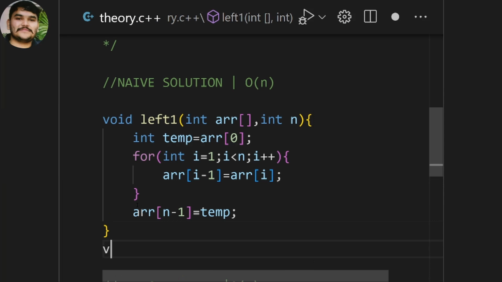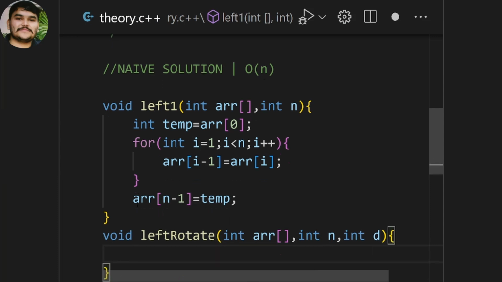So we have to write another function, left rotate, in which we have to take the array parameter, the number of elements in that array, and what position we want to shift those elements by. These three parameters we require. In the first function we didn't require that parameter, because we are basically shifting those elements by one position, not by D position. And by using this function left1, we just call that function for i equal to 0, i less than n, i plus plus,